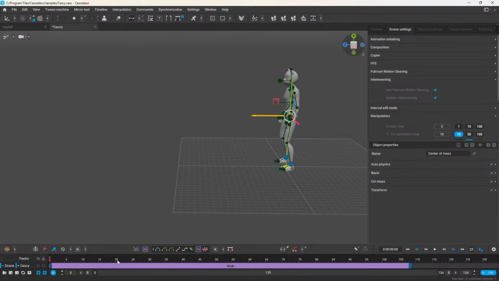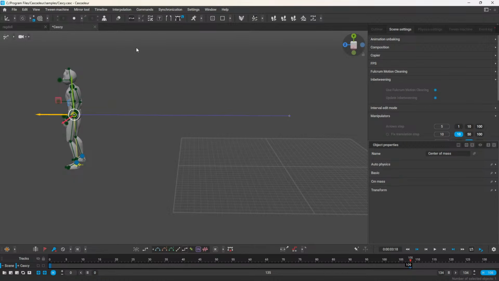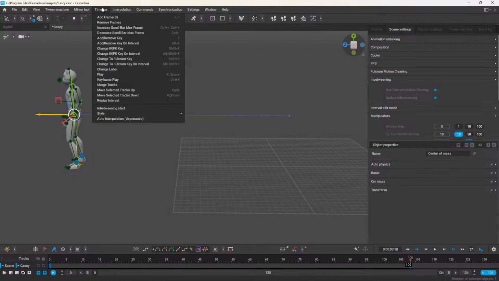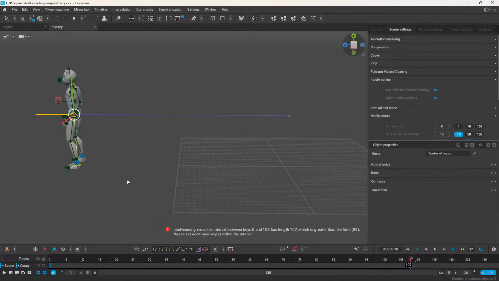And if you want to use it as it was before, so maybe just not as an interpolation, you can find in-betweening start under the timeline, and you can choose the different styles. So if I click it, yeah,